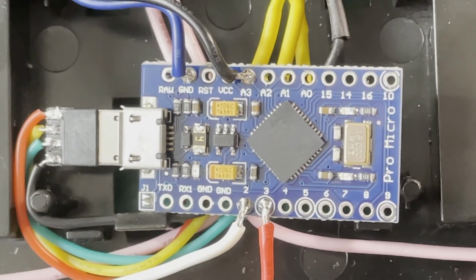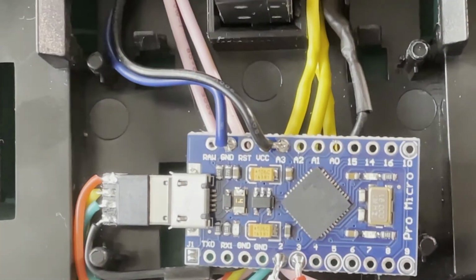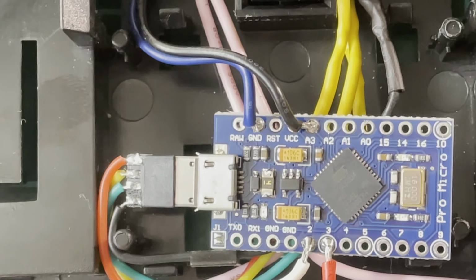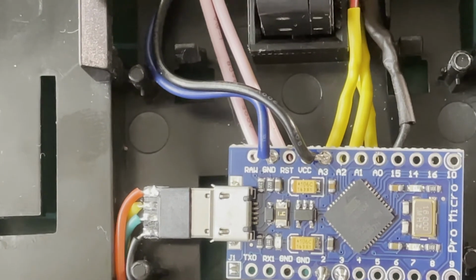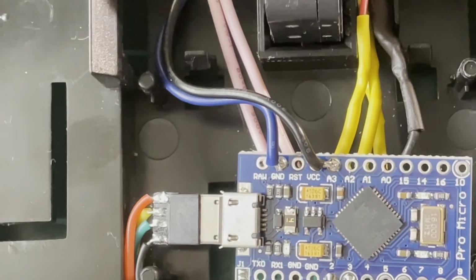So that's going into ground. Then the black wire is the middle switch. I've wired that into A3, but I'm just using that as a digital input pin for this. And that's really the only reason I've wired it in there, is just that's where the wire comes out, so